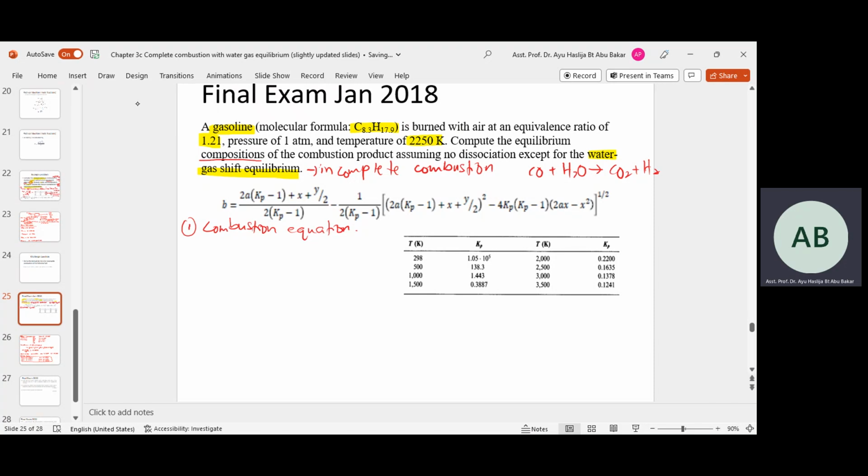Your fuel is gasoline. They react with A actual,